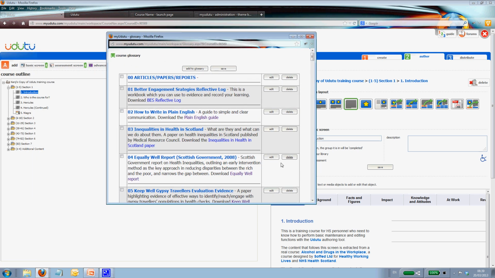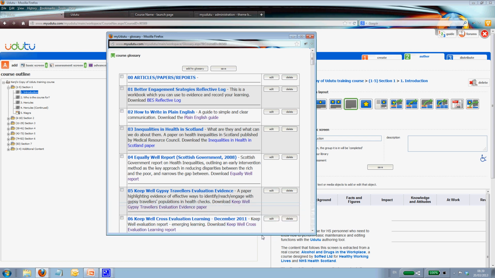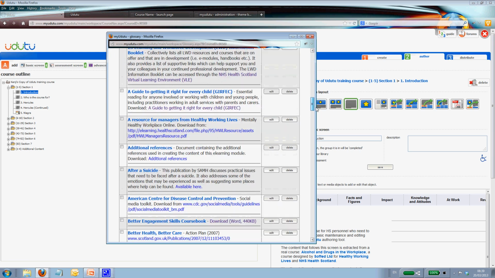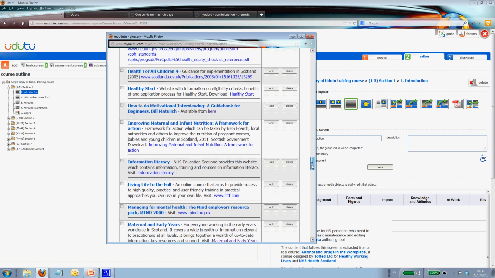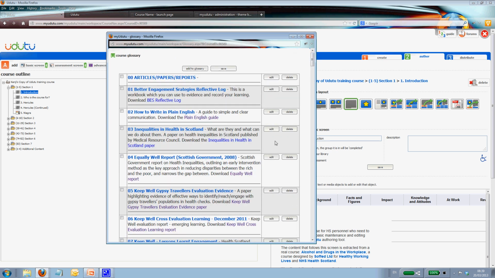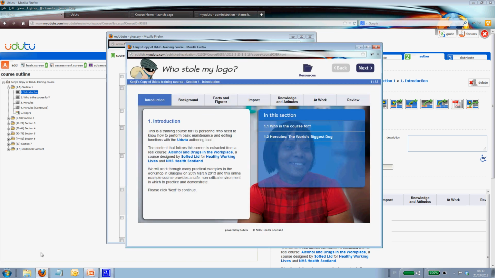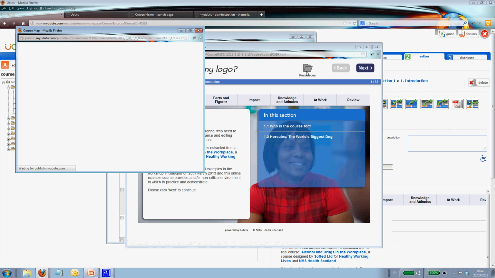And with a glossary, as you would expect, every time somebody adds a new glossary item, so presumably definitions really, it gets added to the library of definitions. And these grow over time and they're collected from all of the courses that are created in Udutu. So if we go to our course here, you can see I've got the resources tab, and if I click on it,